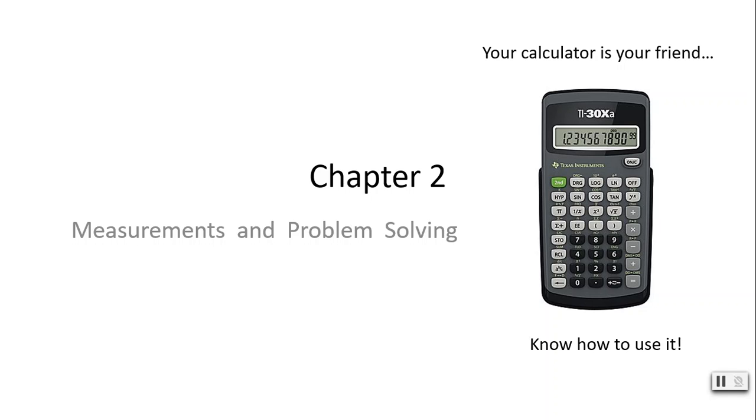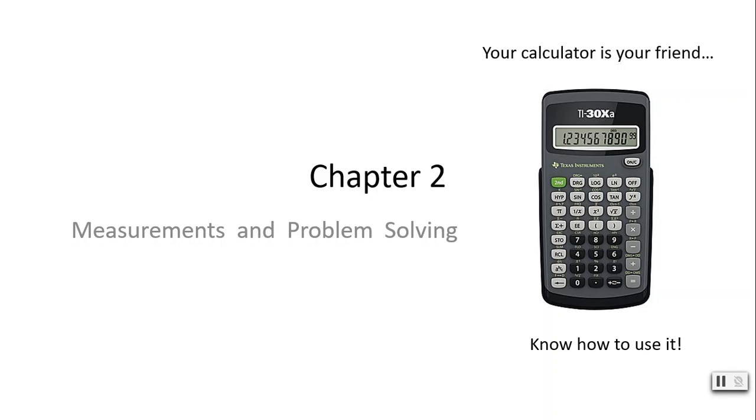It will be your best friend in this class, and you will certainly need it for this chapter and subsequent chapters in the course. So my first call to you is to get yourself a proper scientific calculator as described in the syllabus. My second request of you is to know how to use it. Now, in this chapter, we're going to talk through some of the buttons on a scientific calculator, and I've tried to include the most common calculators that are out there from Texas Instruments and Casio,